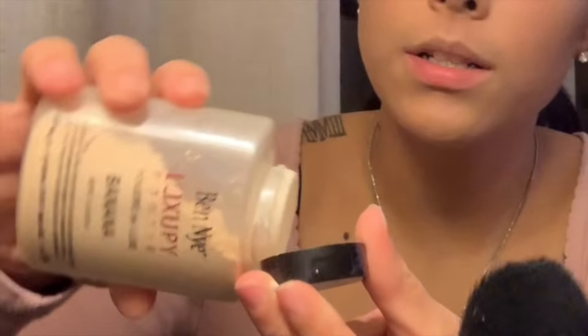Now what I'm gonna do is set my foundation using the Luxury Banana Powder by Ben Nye. Now I just put a little bit in the cap, like that. And I'm gonna use this fluffy brush and just take, whoa, that's a lot. I'm just gonna tap off the excess so I don't put too much. And then I'm just gonna lightly go over my whole face